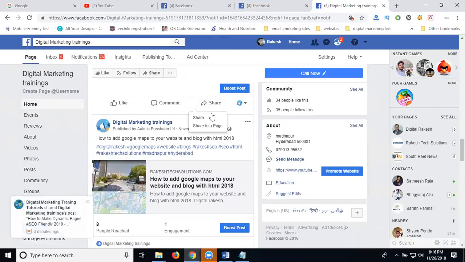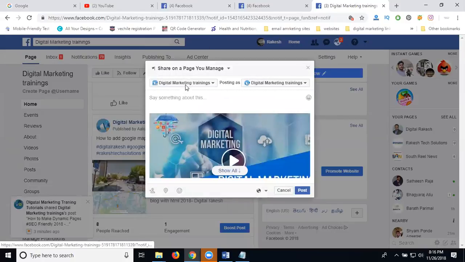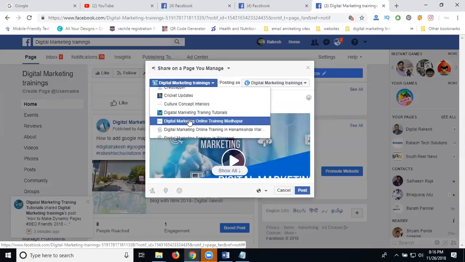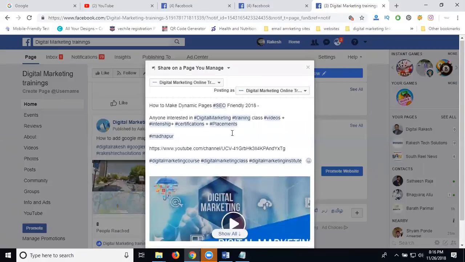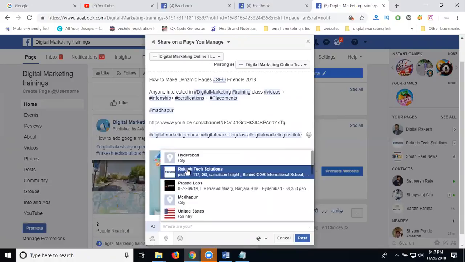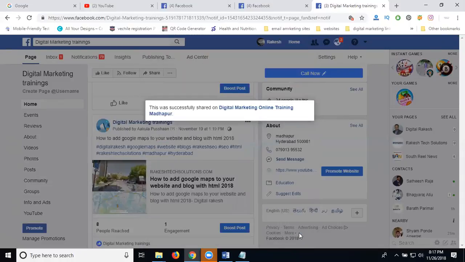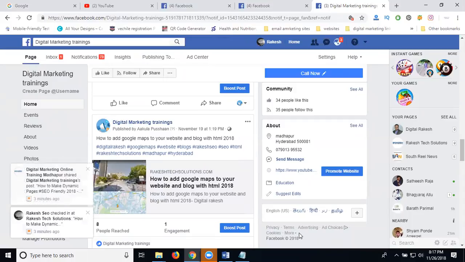So just you can share here. Share to page. Select your page. Post it. Search here. Post. Always don't forget the check-in option. This is your location or your company. Here they target by your company also. They click your company, they go to your company page, and like your page.